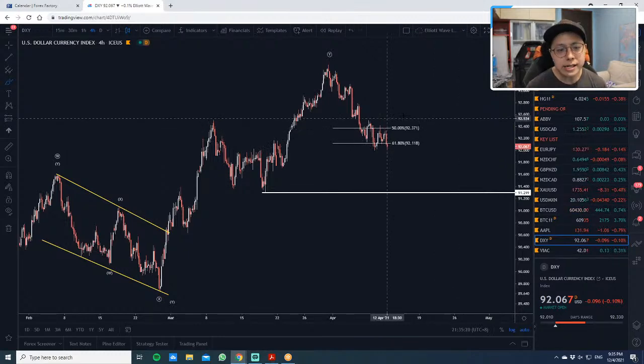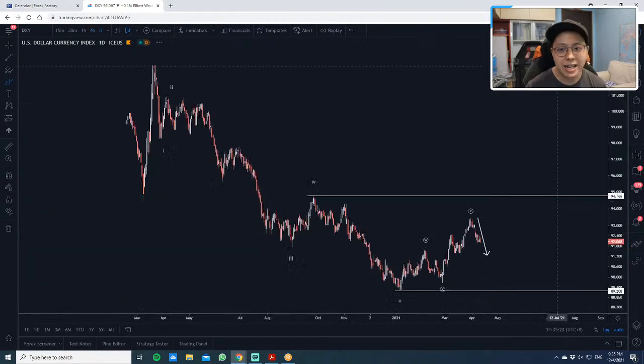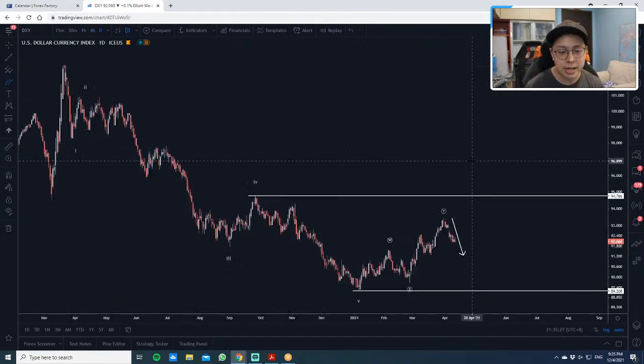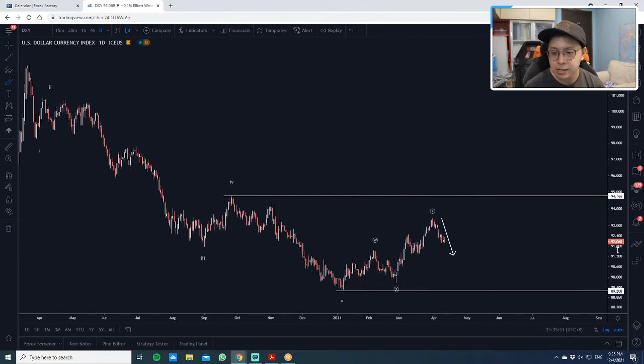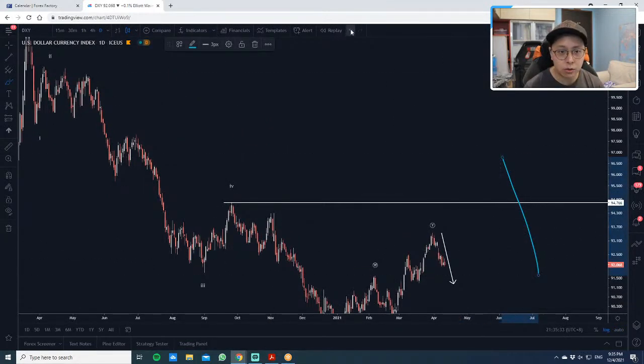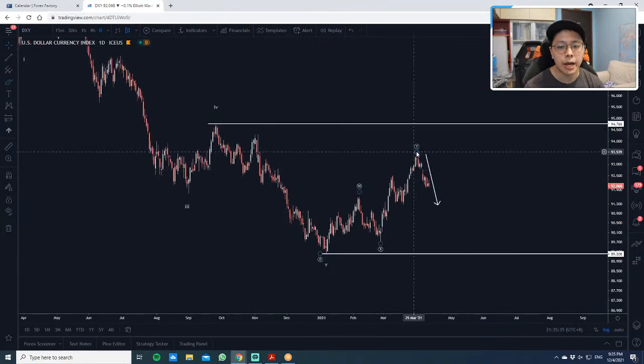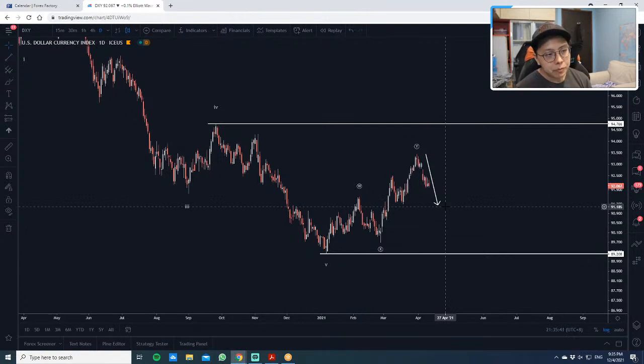Now, I wouldn't say the dollar is number one depressed, right? From a daily scale, you can see it has been falling for some time. In fact, since the start of the year, it has been going higher, and right now it is starting to reverse back down. Now, if you ask me long term, I personally have an opinion that the dollar is gonna weaken further